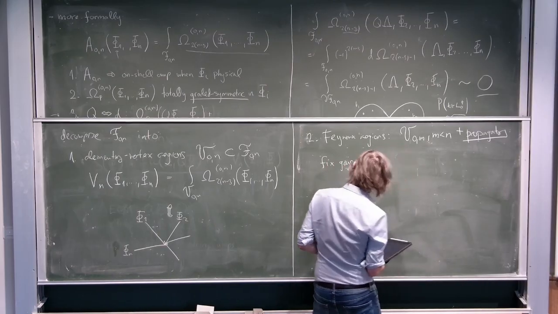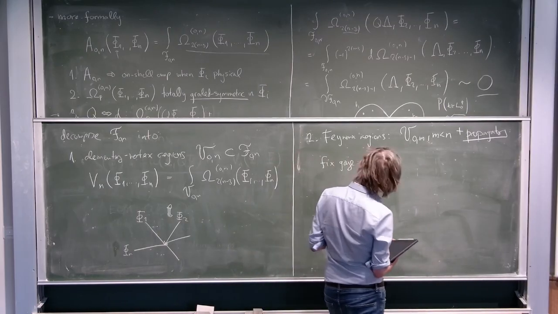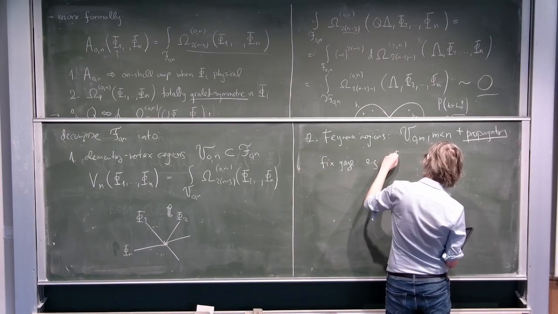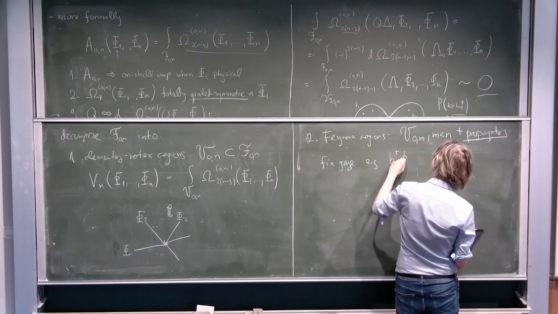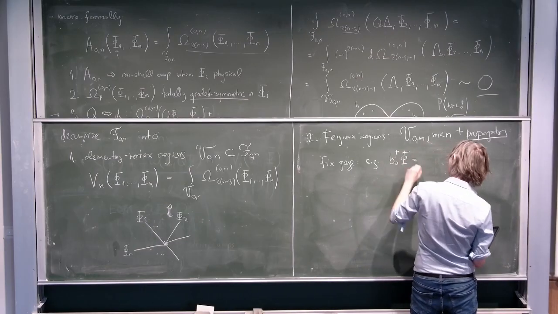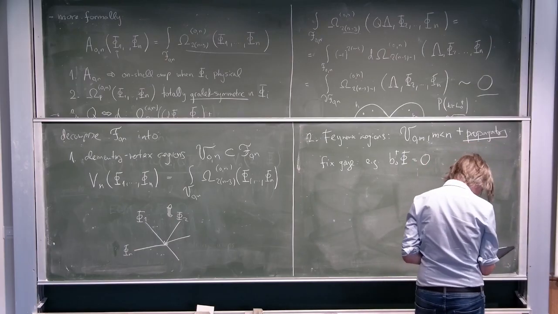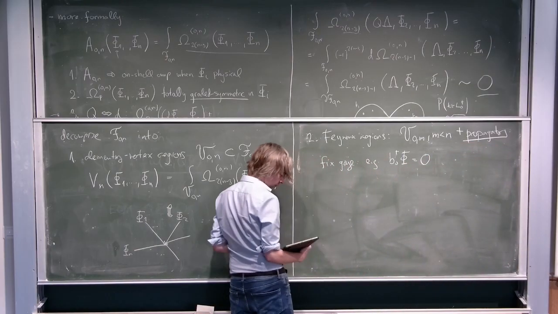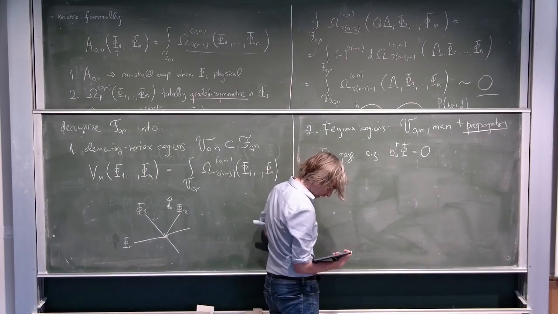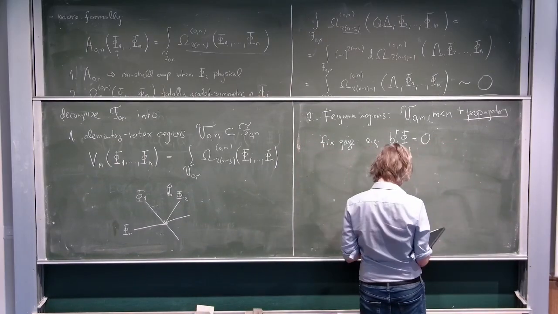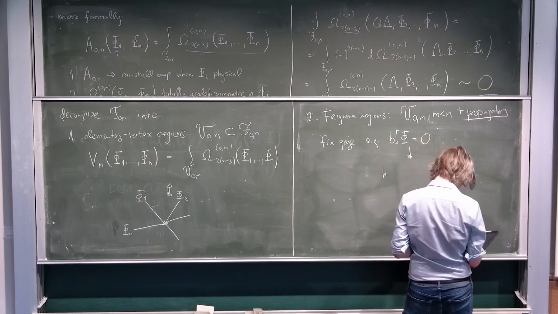And why not fix our favorite Siegel gauge, which we already discussed last time? So we'll be assuming that these off-shell states are killed by B0 plus, where B0 plus was just B0 plus B0 bar, in the Siegel gauge. And in this Siegel gauge, I will show in a moment that a propagator can be represented by the following